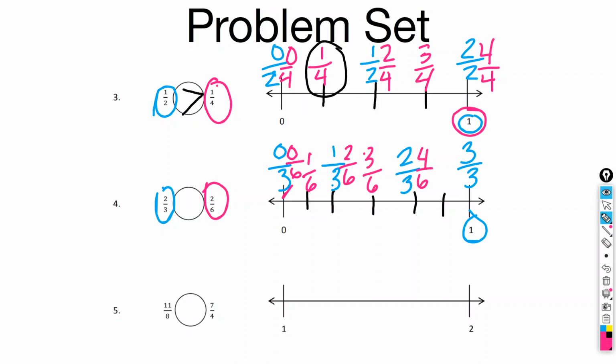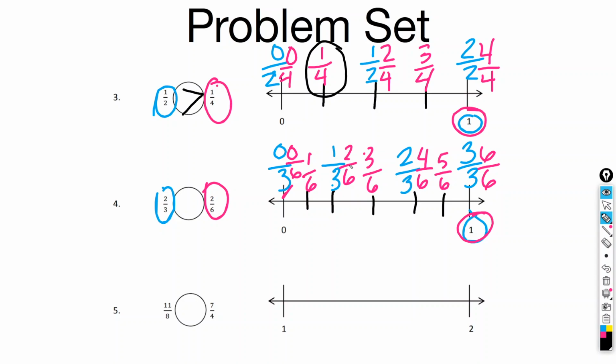4 sixths, which shares the same line as 2 thirds. 5 sixths. And 6 sixths, which shares the same line as 3 thirds and is also the same as 1 whole. So it wants us to circle the one that is closest to 0. So first 2 thirds, which is right here in blue, and then 2 sixths, which is right here in pink,